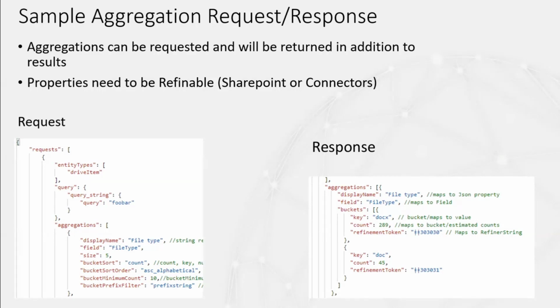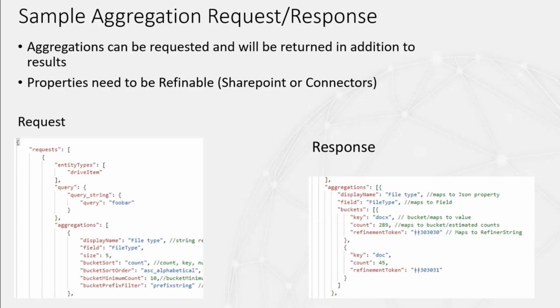And then in the response, we will get the search results. So there's no change. It's important to note that for aggregation, you get the search result, but on top of the search result, you get something else. You get another table, and this other table will list the buckets. So here it's saying that there are actually 289 documents satisfying this foobar query